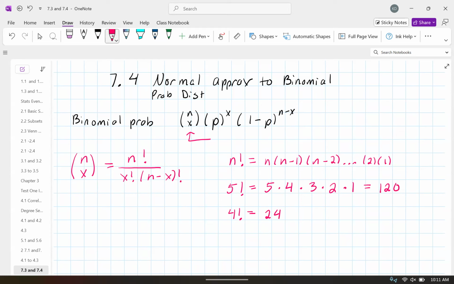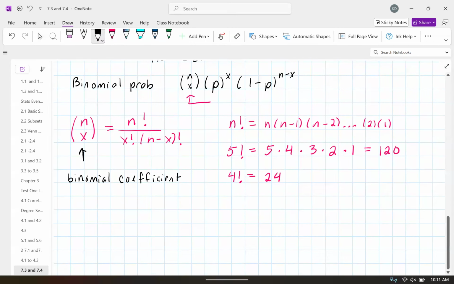I'm sad we skipped these sections because this is one of my areas of math that I really, really like, which is why we're going to take a quick detour here, because I want to. But it's interesting. So the binomial coefficient, and that's what this guy here is called, if you have a group of n things and you want to choose x of them, how many ways can we do that? So we have a group